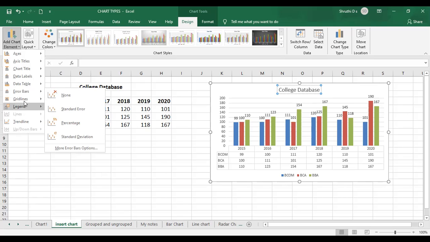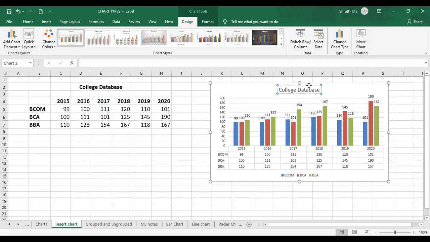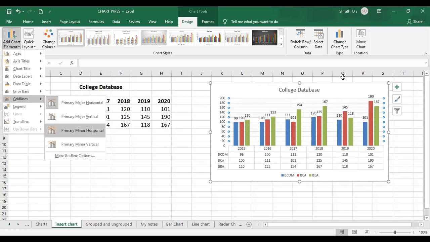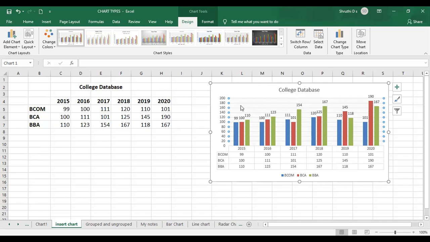Grid lines means, as I already told you, the horizontal lines in between whatever you are viewing. Once I click on this, you get a highlighted area, right? The inside area is the plot area, and the outside area is the chart area. Inside the plot area, the horizontal lines you are viewing are your grid lines. You can have horizontal lines as well as vertical lines, and these are the major lines. If you choose minor lines along with the grid lines, once I click on it, you can view smaller lines inside the major lines. Those are called minor lines.